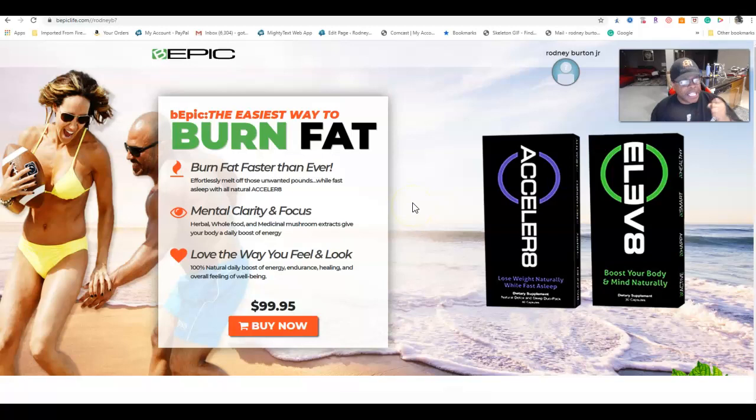Remember, guys, this is a great funnel, but make sure that you send it to your warm market only. And if you want to run traffic to this, make sure you put a capture page in front of it and have it go to your Aweber so you can collect the data, the emails, the information of the individuals that you're running the traffic to this for. Okay, guys? Well, this has been a quick video to give you guys some insight on how to earn more money with your